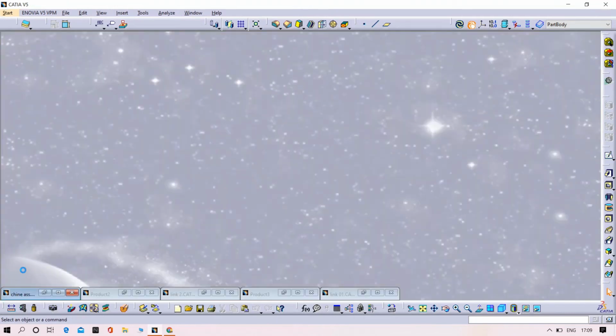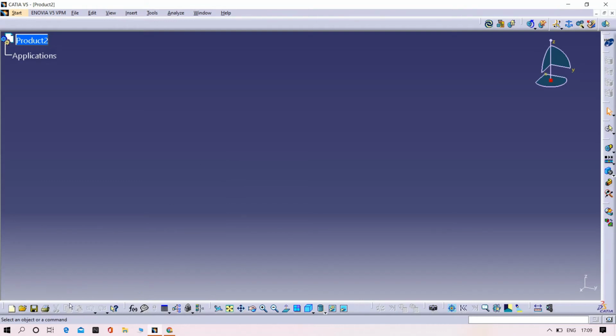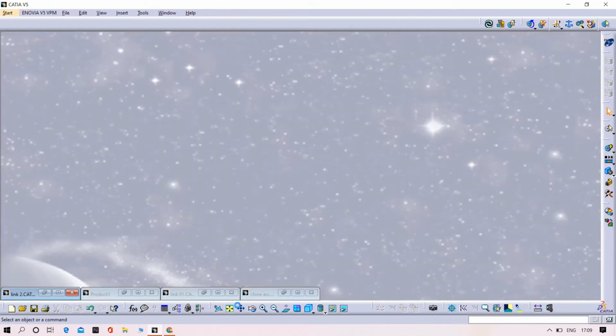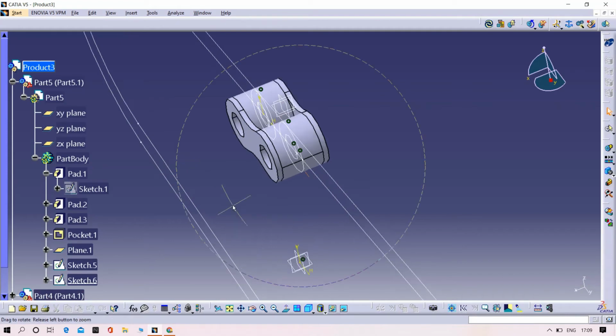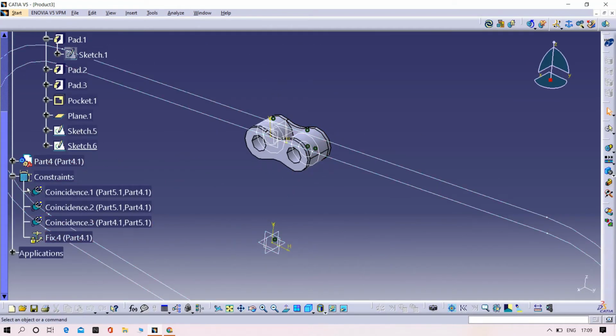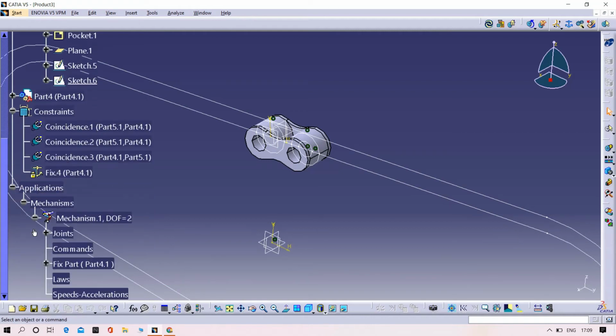Now we need to open the assembly section. Let us open that one. Product, it is. Up to now we have given 3 joints. You can see here in kinematics we gave the 3 joints, point and curve joints.